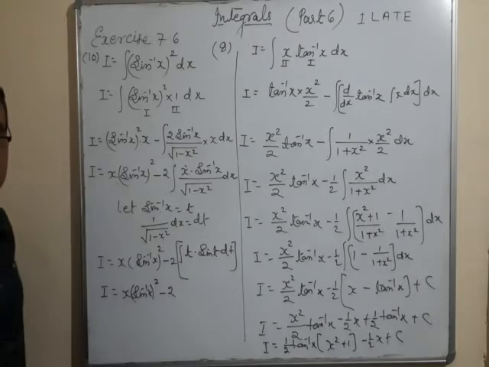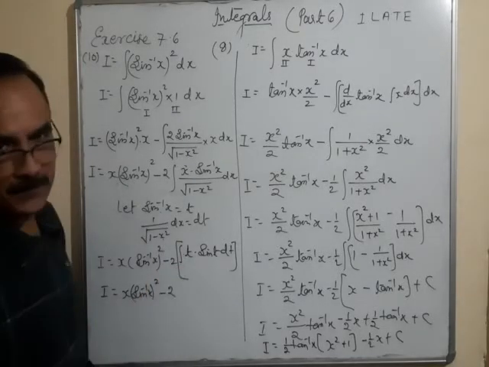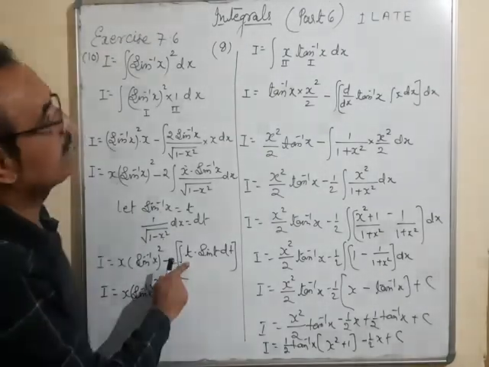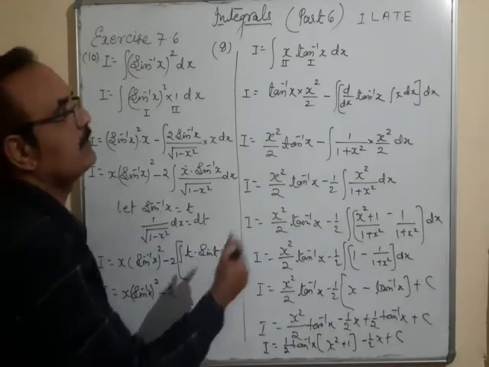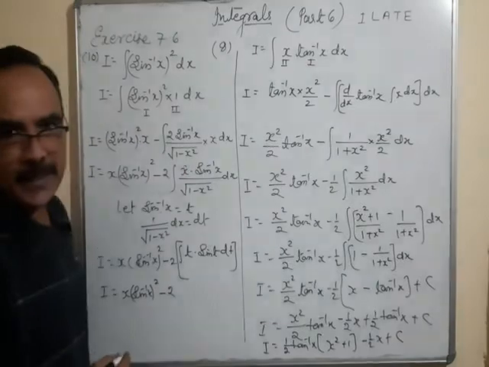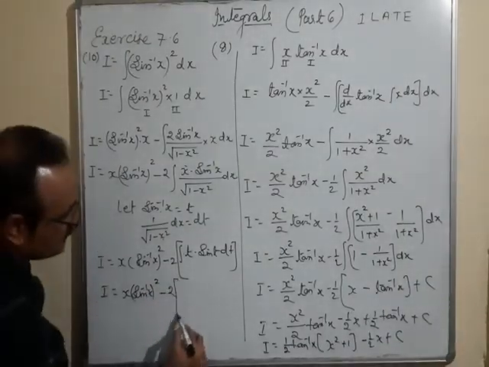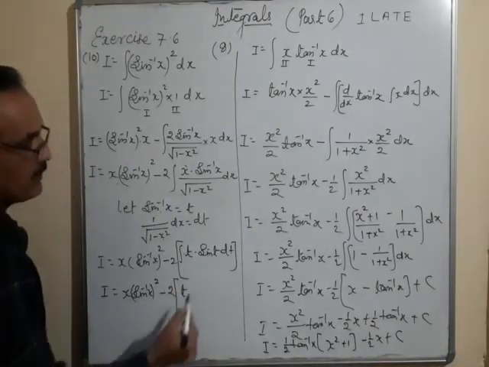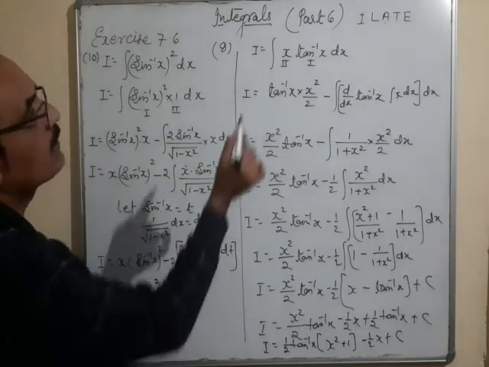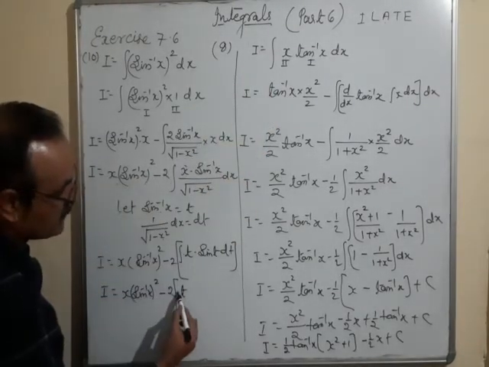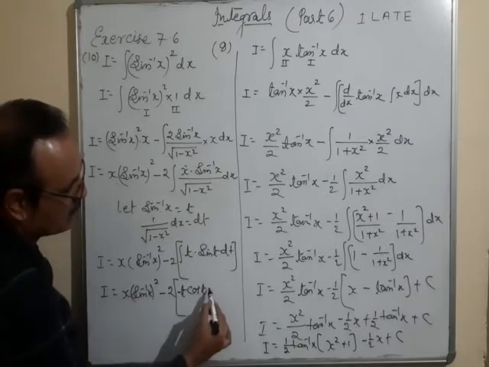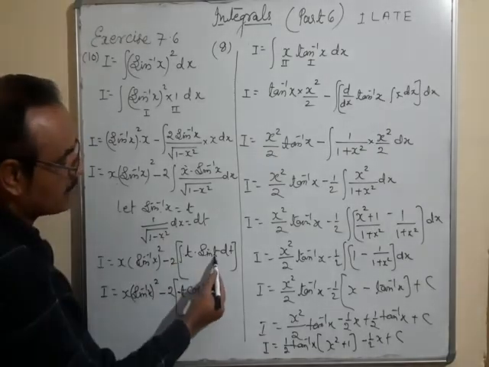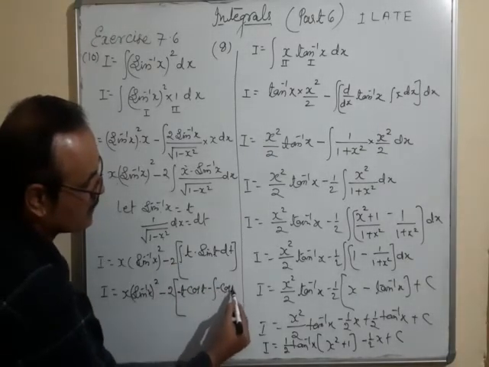Now here there are two functions, t and sin t. First is t, second is sin t. Let us decide which one is first. t is an algebraic expression and sin is a trigonometric term, so first the algebraic expression, after that the trigonometric term. So I take here, using integration by parts: first function t, times the integration of the second function sin t, which is minus cos t, minus the integral of the differentiation of the first function, which is 1, times the integration of sin t, which is minus cos t, dt.